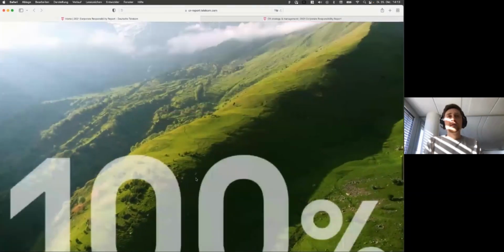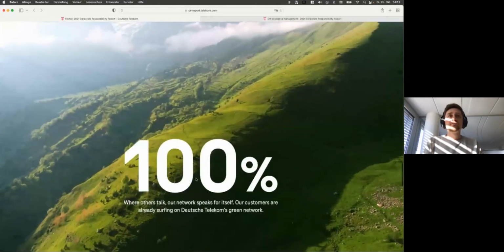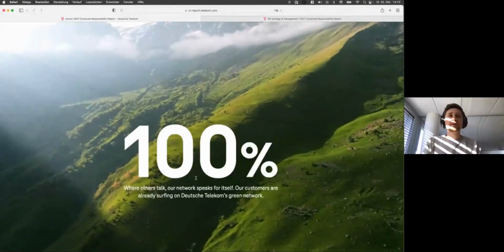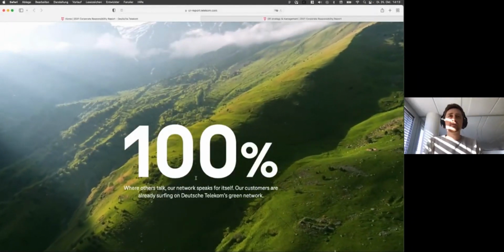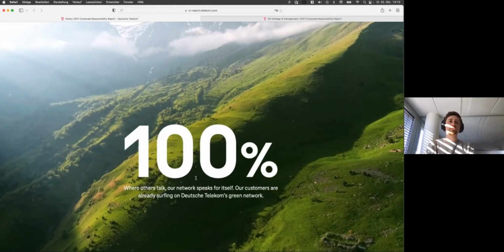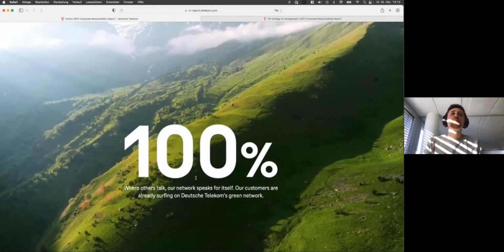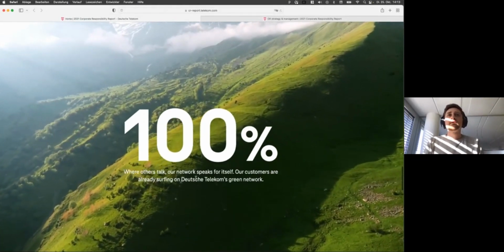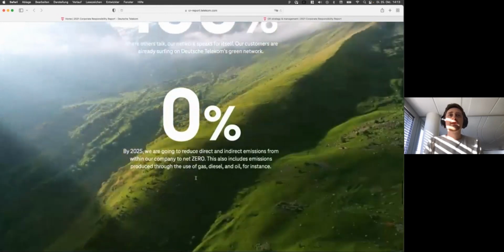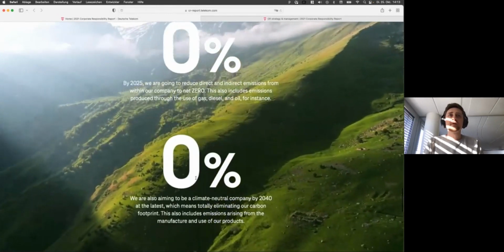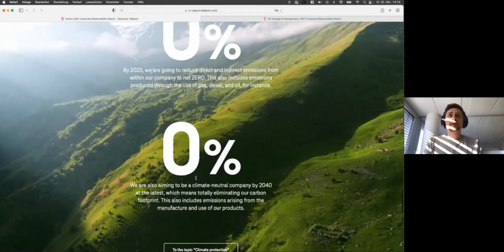And in general, I find this report to be amazingly clear in design. When you scroll down here, you have one key figure. You can concentrate on one key figure after the other. You can read the text, and